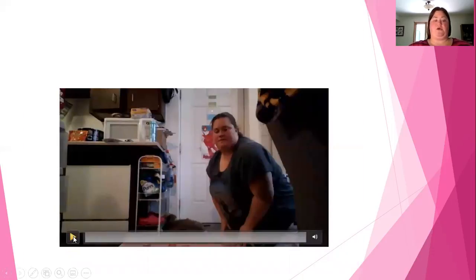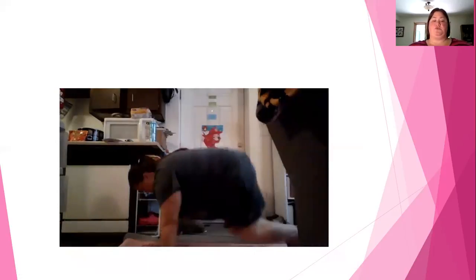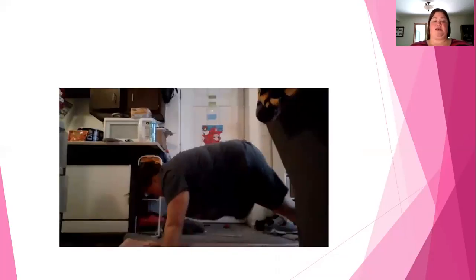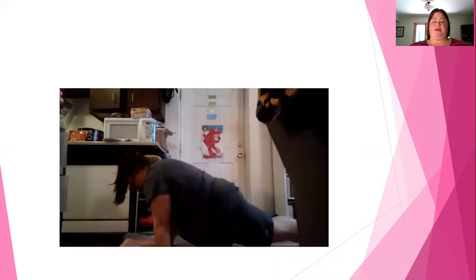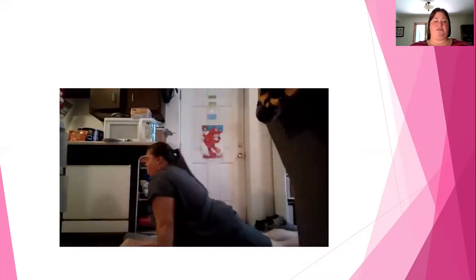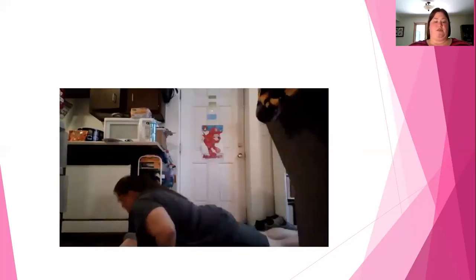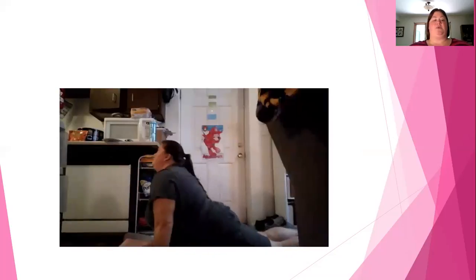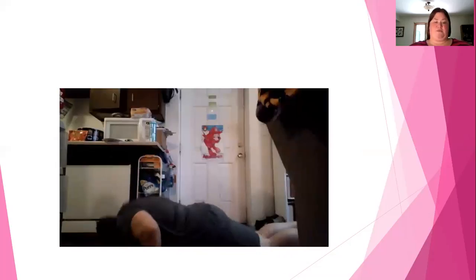So in this video, you can see I tried to bring several poses together. So starting with downward dog, which is a very basic pose, helps to stretch out the hamstrings, helps to strengthen the arms. Moving on to a plank pose, holding the plank pose for a few seconds, lowering all the way down, and then up into cobra pose, which is a very, very nice stretch for the shoulders and the back. And once I held that for a few moments, then you bend back down and go back into downward dog.